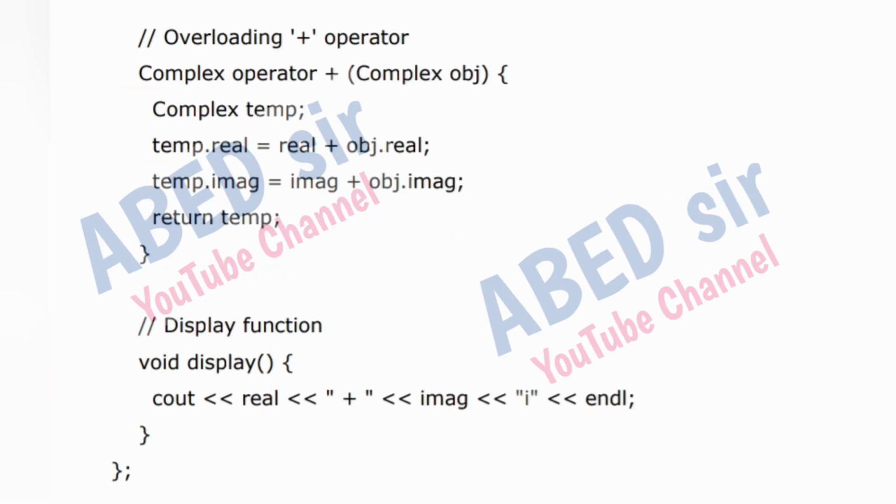Overloading the plus operator. Complex operator+(Complex obj) { Complex temp; temp.real = real + obj.real; temp.imag = imag + obj.imag; return temp; } Display function. void display()